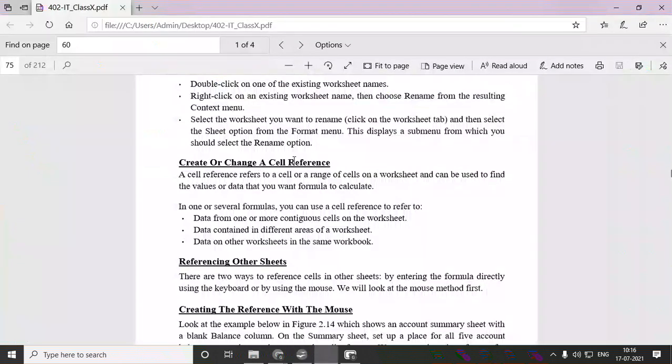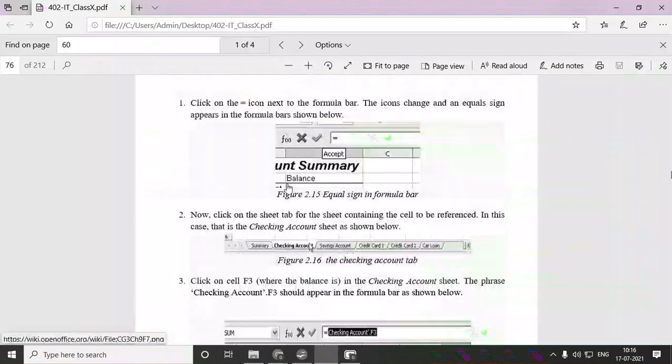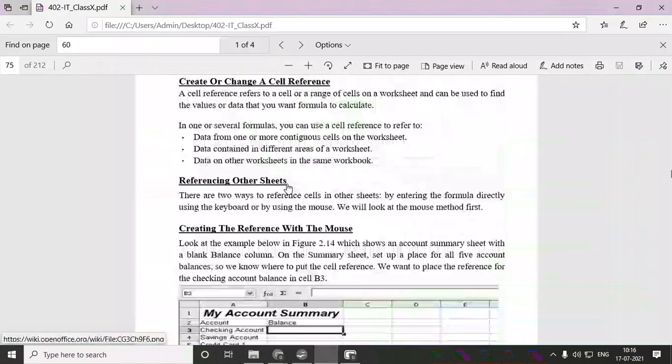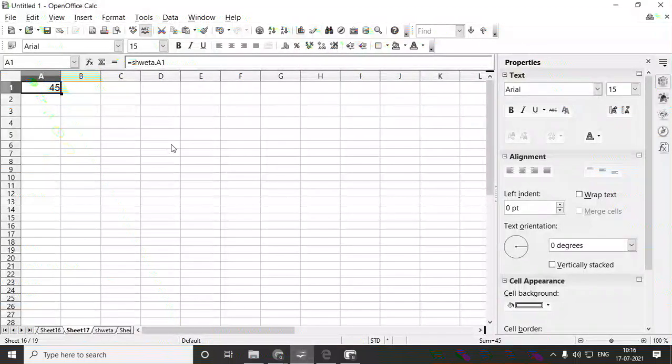As you can see, in changing a cell reference you have two options: you can change the cell reference with the help of the mouse and with the help of the keyboard. In the exam they'll ask you to write the steps to change the cell reference with the help of the keyboard and with the help of the mouse. They may even ask what the use of each is. Sometimes when you are operating the mouse, you change that particular cell reference through the mouse. This is how to change the cell reference with the help of the mouse.